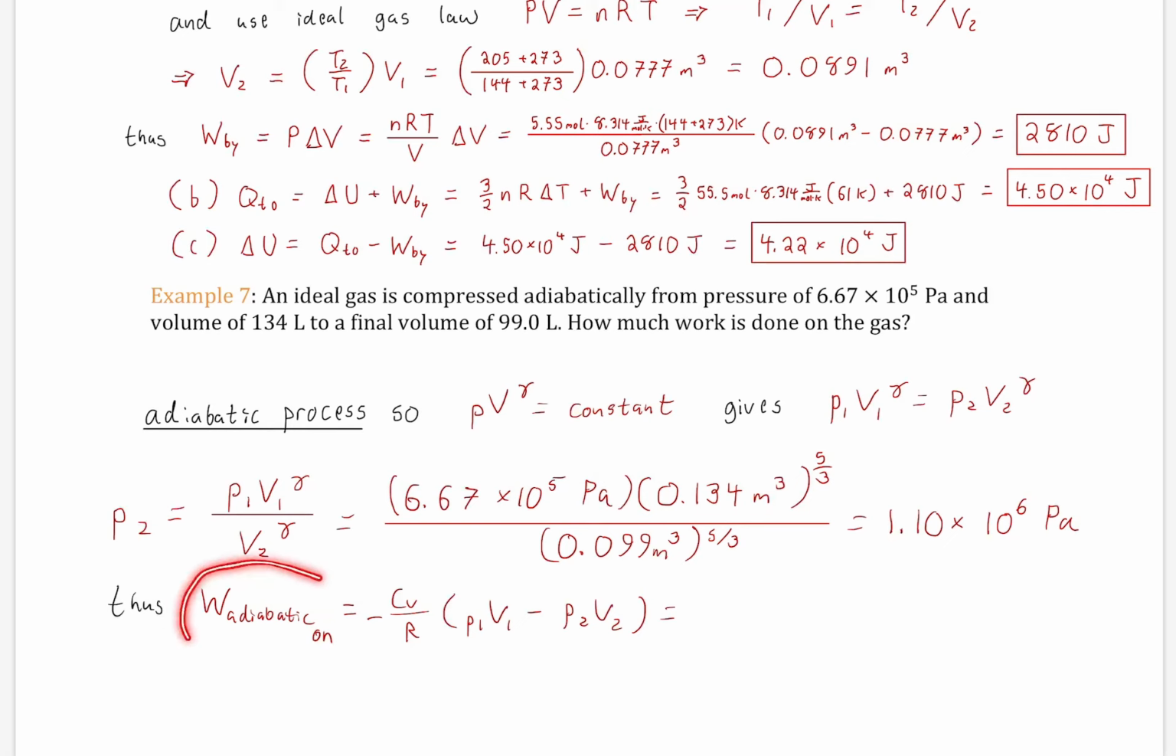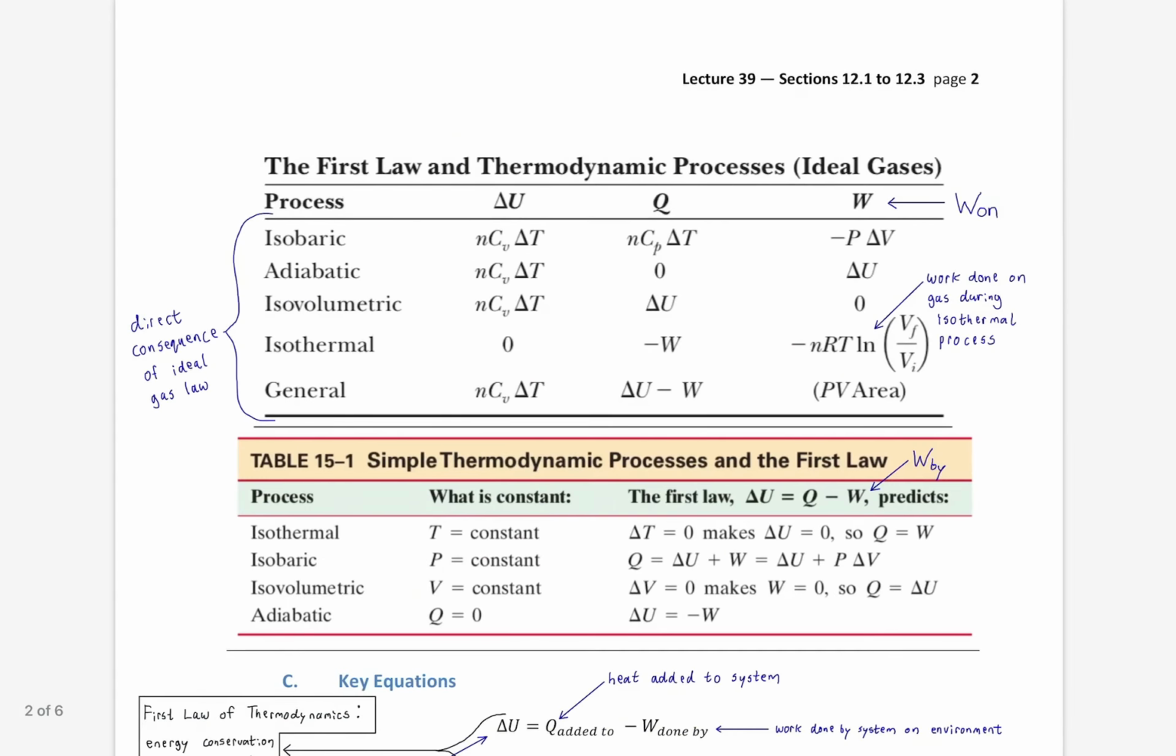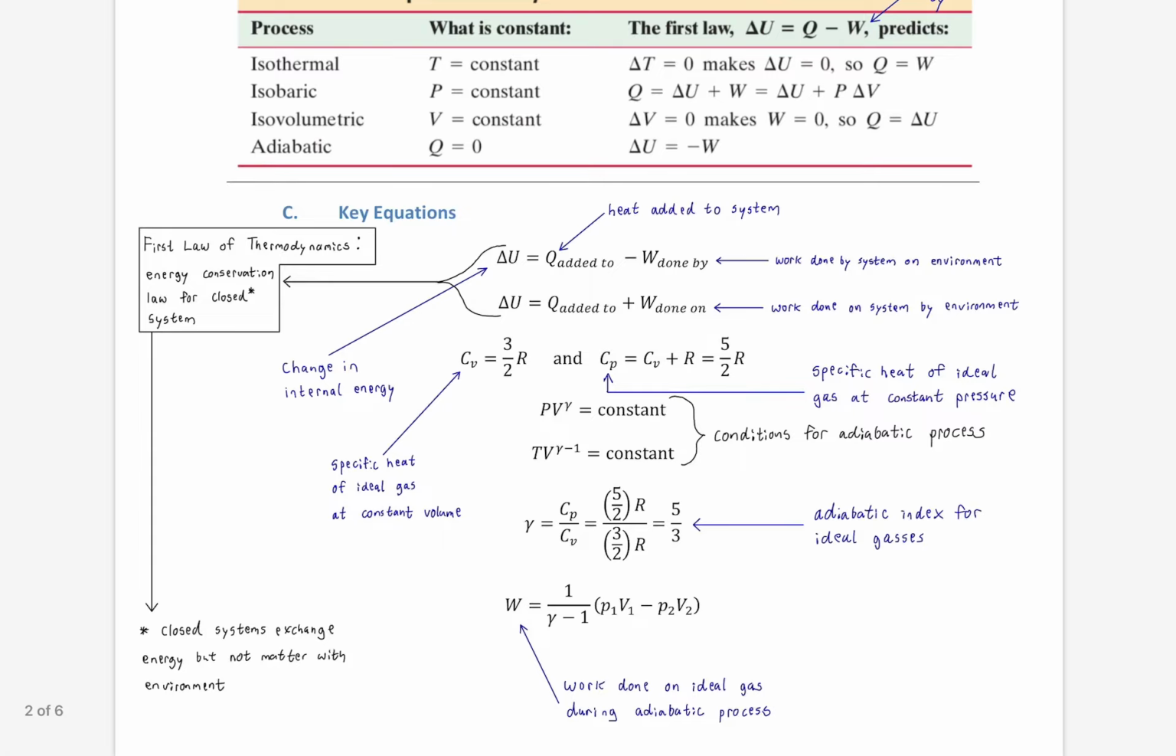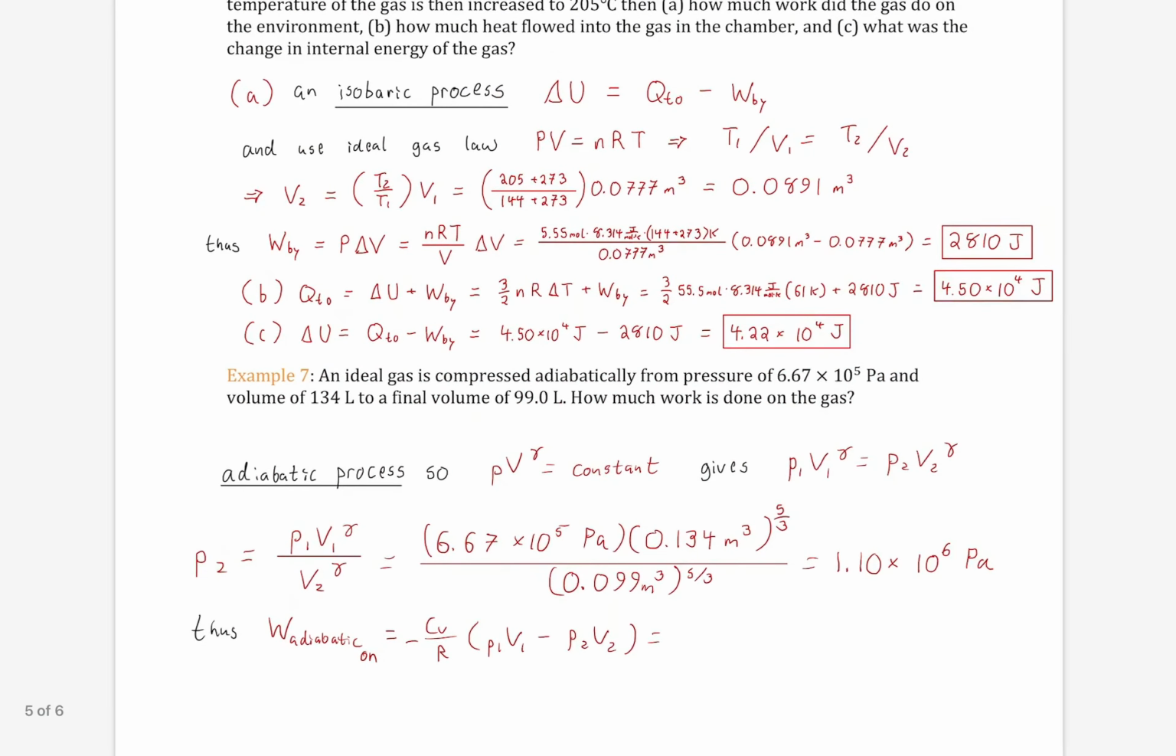Okay, so then to find the work done on the adiabatic system, we'll simply use the formula. And our formula here is going to have the leading negative because it's the work done on the system. Notice that the formula I gave, I'm going to flip back to the key formulas again, was the work done on the ideal gas during adiabatic expansion, and that's what we're talking about here as well. This is the work done on the gas, okay? All right, and so then we'll plug in our values and we get a